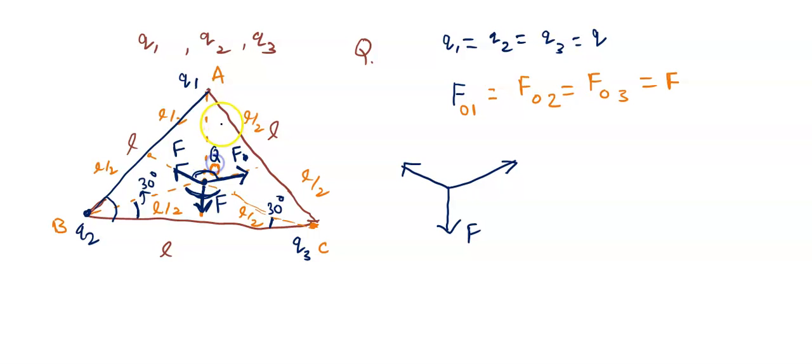What will this angle be? Let's calculate this. This is 30, this is 30, so it is 60. The complete angle is 60. And if this is 30, this angle will be 90 degrees, because this is the perpendicular bisector. So 90, 30, 150. What is the remaining one? This angle will be 30 degrees. This is 30, 30, this is 90, so it will be 60 degrees.